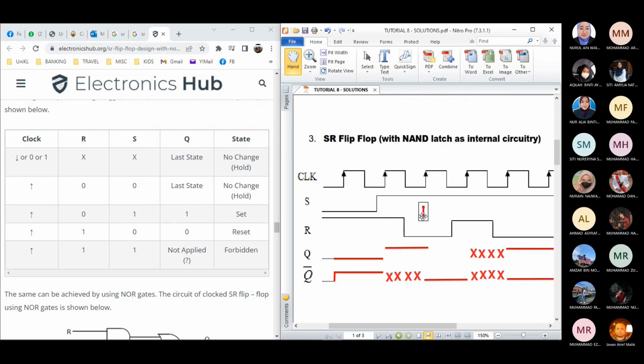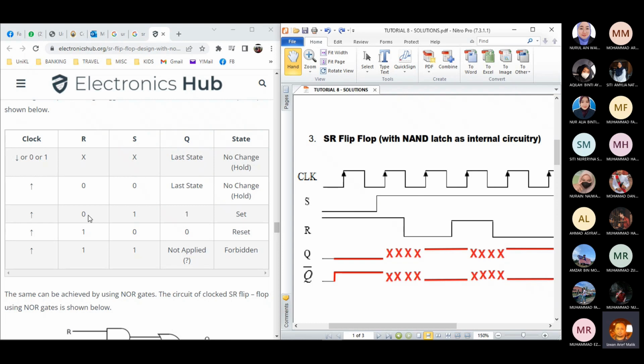Okay. And then, until the third clock here, it is 1 and 0. S is 1. Mine is also inverted. Wait a moment guys. S1 R0. S1 R0 it is 1. And then here S1 and R1. Oh, what I said earlier was right. Sorry guys. Okay, for this first clock here, we start again. This first clock here, S is 0 and R